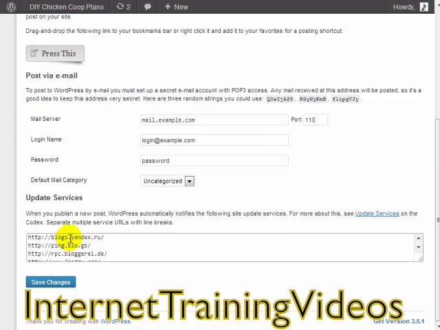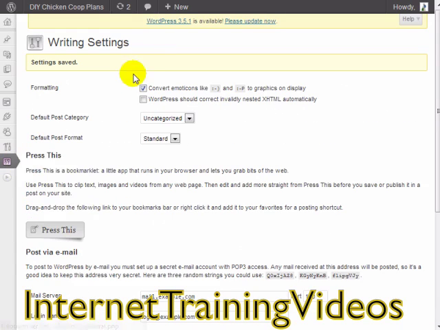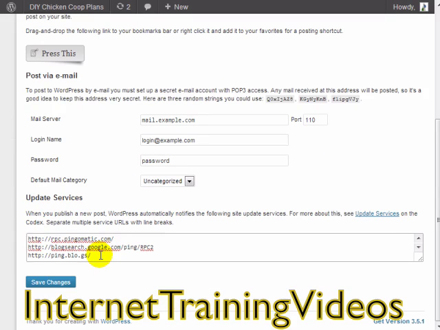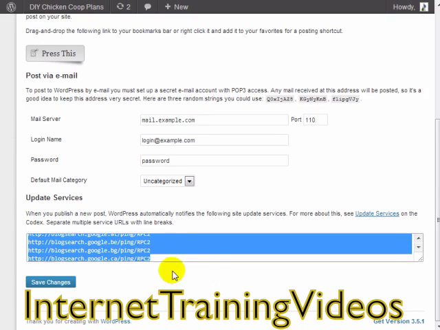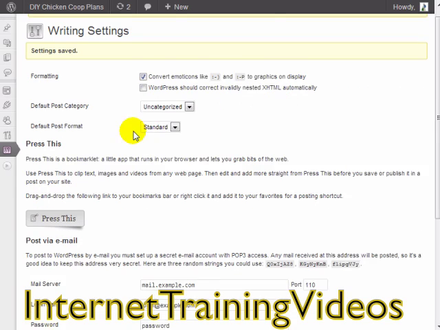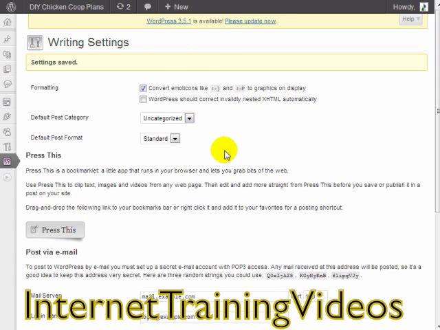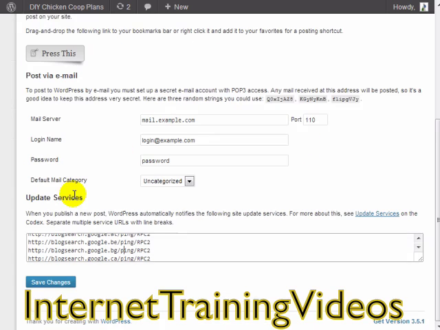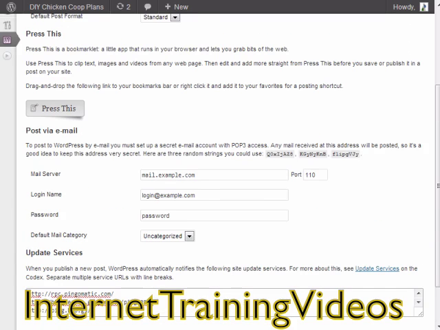So what this is going to do is every time WordPress schedules a post and it creates a post and publishes the post, it'll actually notify search engines and Google sites and so forth that you have published a brand new post. Now, in addition to this, after you've optimized your site, you've added the ping URL list here,